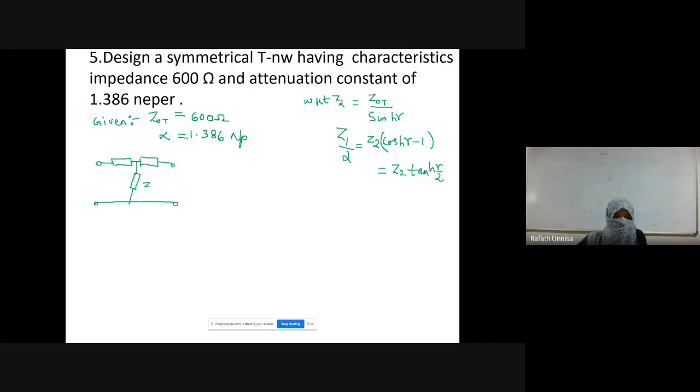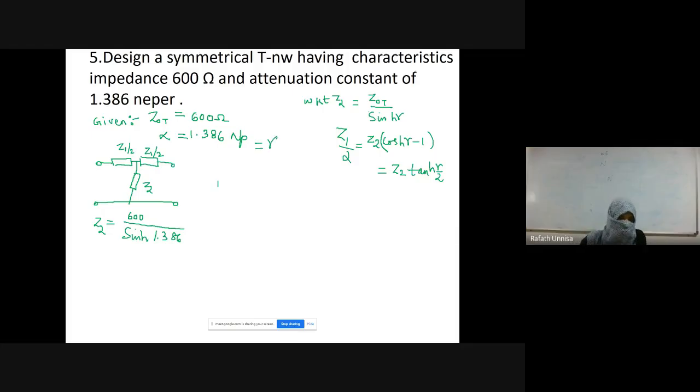Which is nothing but Z2, Z1 by 2, and then Z1 by 2. Okay. So now we can find the value of Z2. So Z2 equals ZOT 600 divided by sinh of 1.386. Since alpha is given, beta is not given, so here we are assuming gamma is equal to alpha because